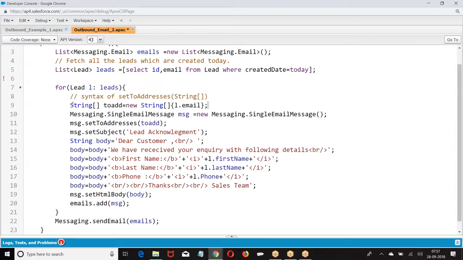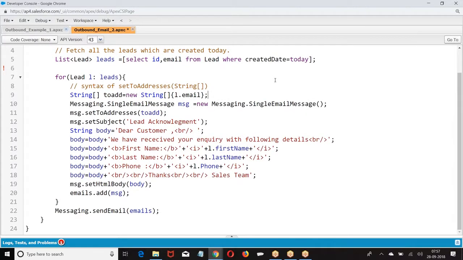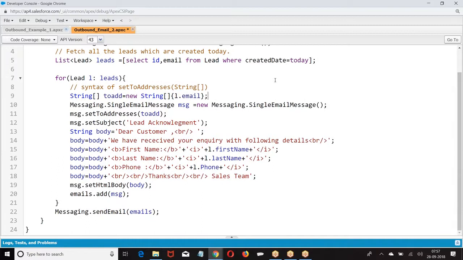Now this programming is what? Whatever leads are created today, to every lead I want to send. So take lead 1. For lead 1, message 1. It is not a common mail for everyone. Everybody is getting their own data. I am receiving my data, you are receiving your data. So I have to take every record individually and process it. In the first email, lead 1 data will be there. Second lead data, third lead data, because every mail is not the same. First lead will get his data, second lead will get his data.